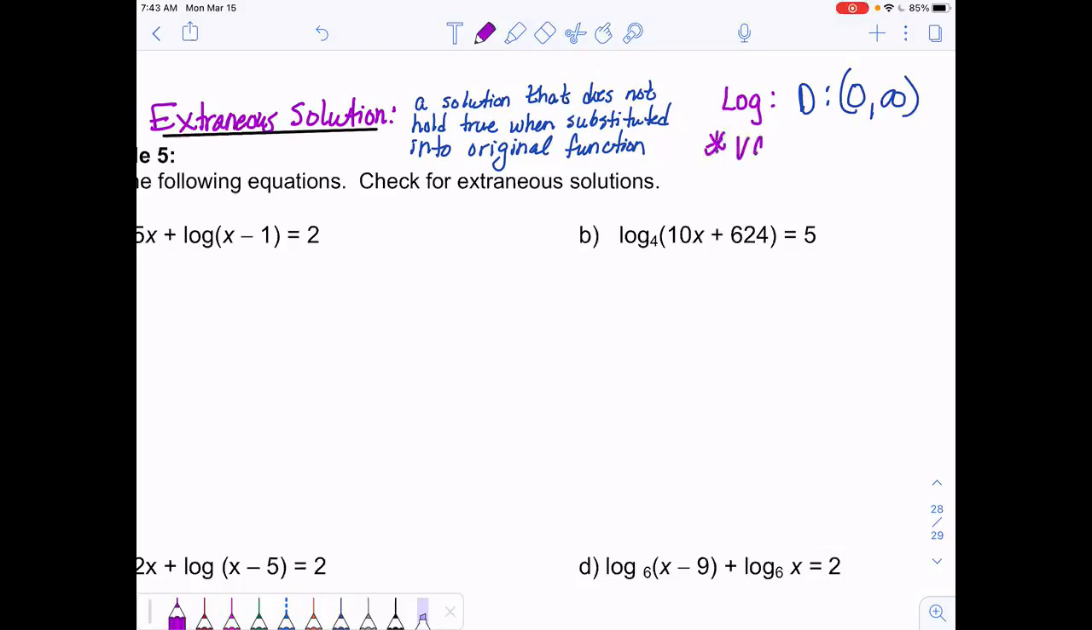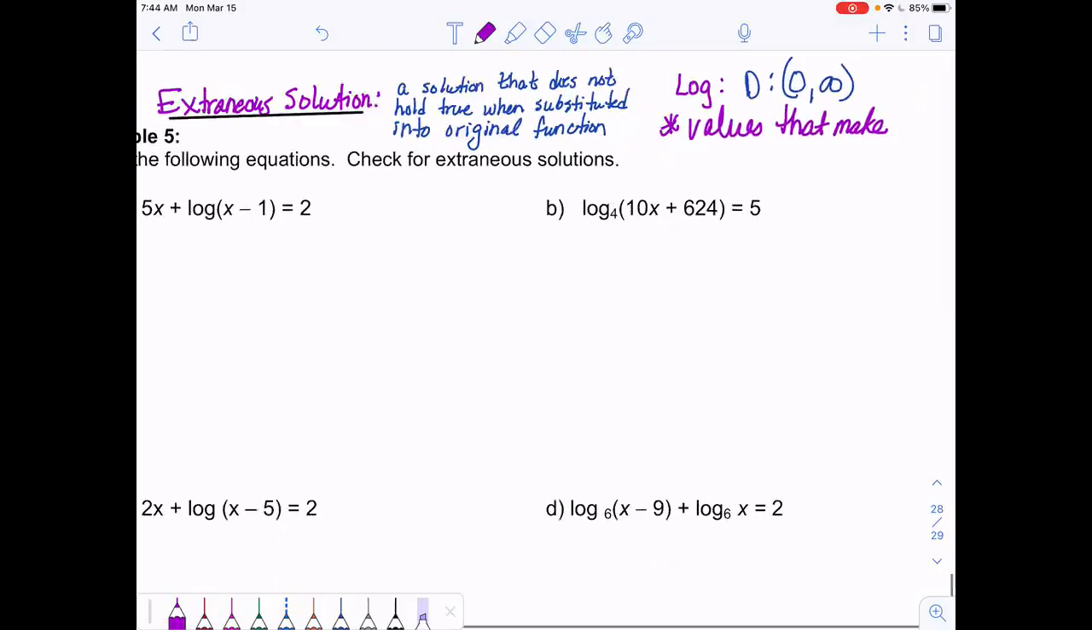So I'm going to put a little asterisk here. We're going to be looking for values that make the log negative or 0. You can't just say, oh, this is going to be extraneous. You have to specifically look at the x value and the original function that you're given. Does it make the log, this part right here, 0 or negative? If the number next to the log becomes 0 or a negative number, then that answer is extraneous. So whatever's after the log, we have to plug that number in to make sure that it's not negative